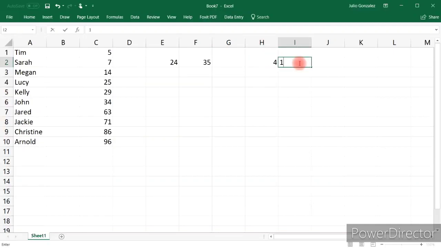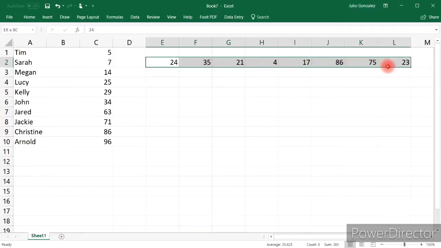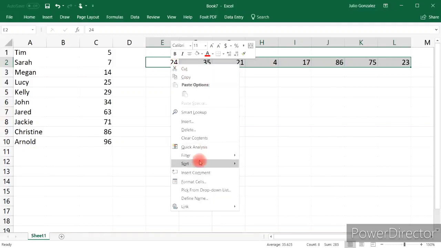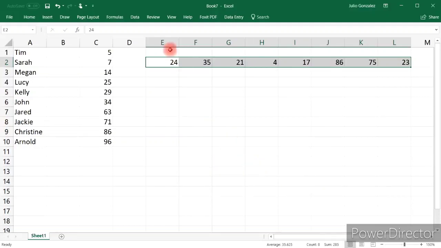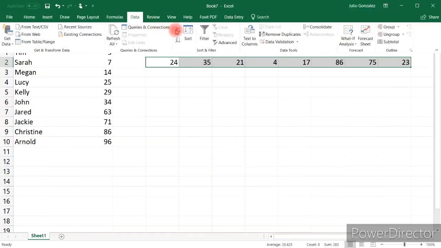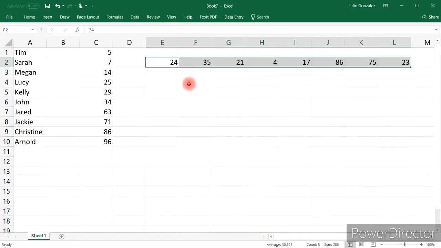Let us see how to sort the data horizontally. Now I am entering the data. After entering the data, you must select the data. This one is horizontal. Horizontal means row wise, vertical means column wise. Just right click on it, click on sort smallest to largest value. Nothing happened. See, it is not rearranged.